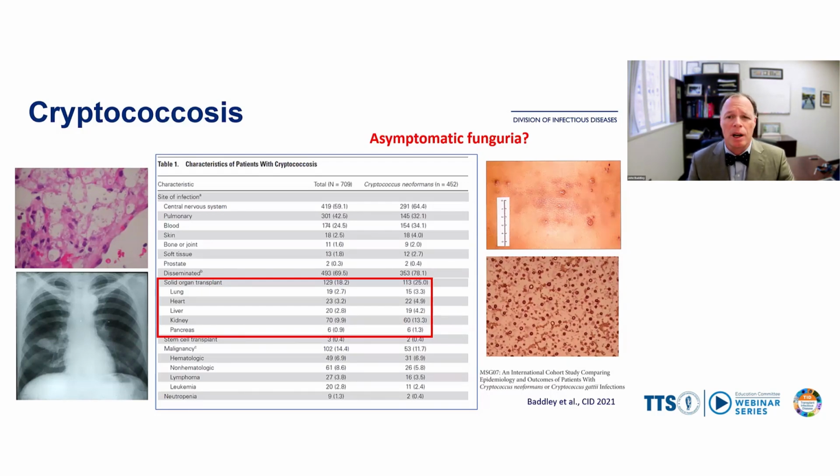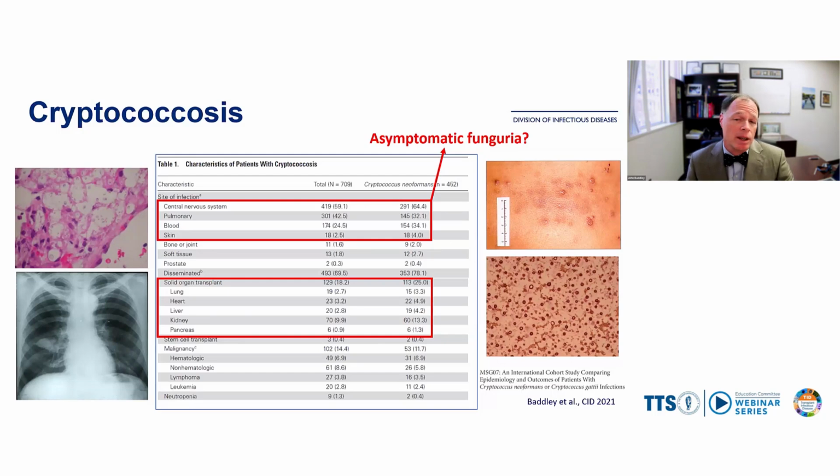So what does cryptococcosis do? Well, clearly it affects lots of different sites, but primarily the central nervous system site, the brain, the meninges, as our patient had. It can also involve the lung commonly, or the blood. Other sites, such as skin, bone, and joint, et cetera, are less common. And in many of these cases, the patients with transplant at least have disseminated disease, as our patient did.